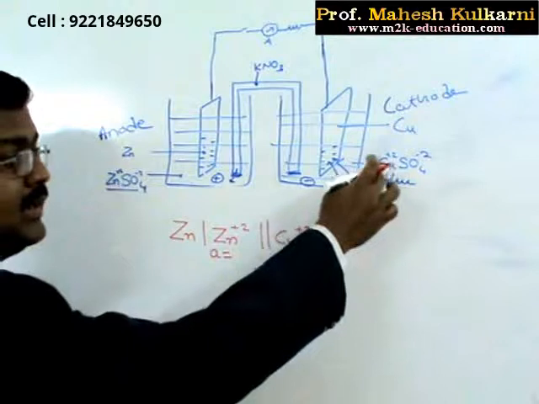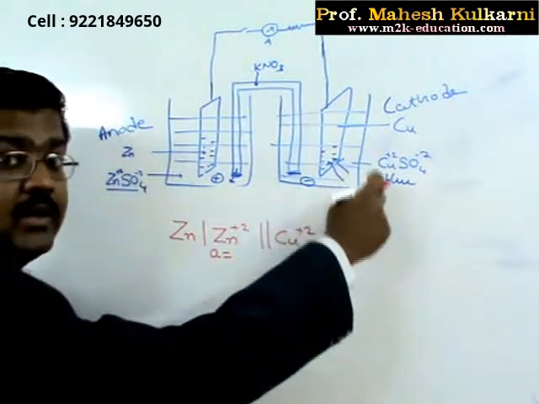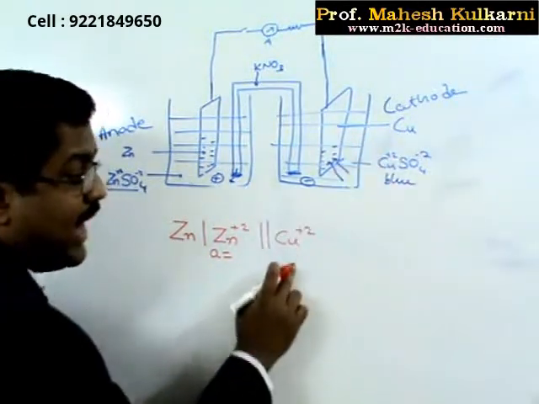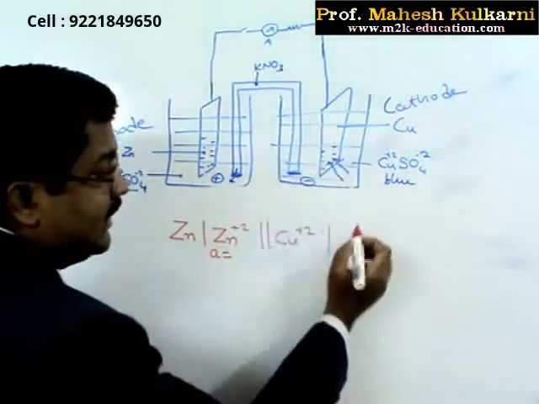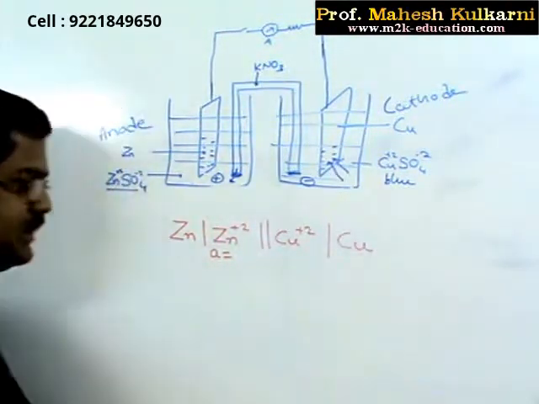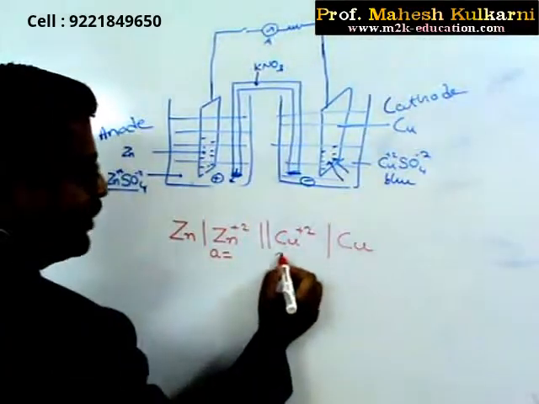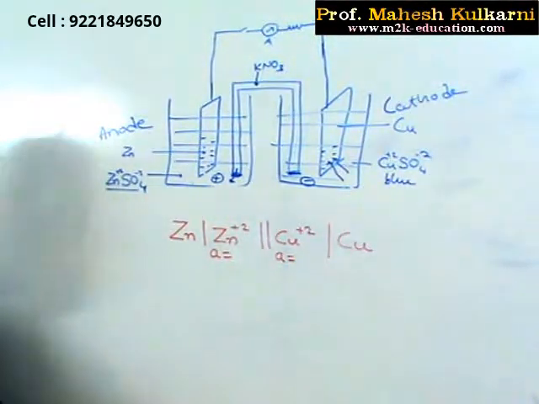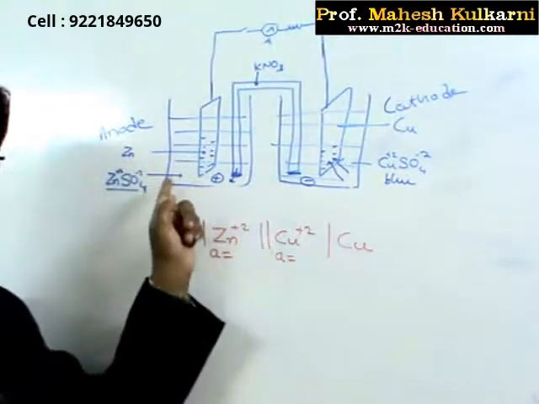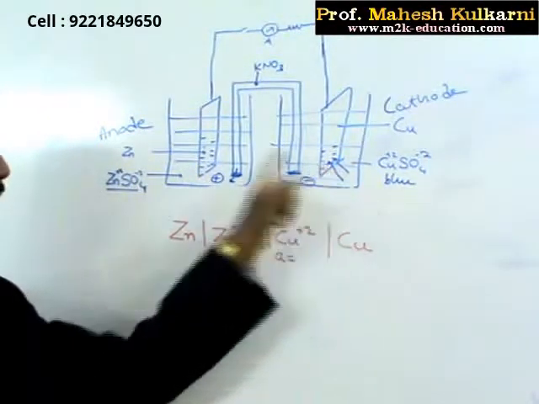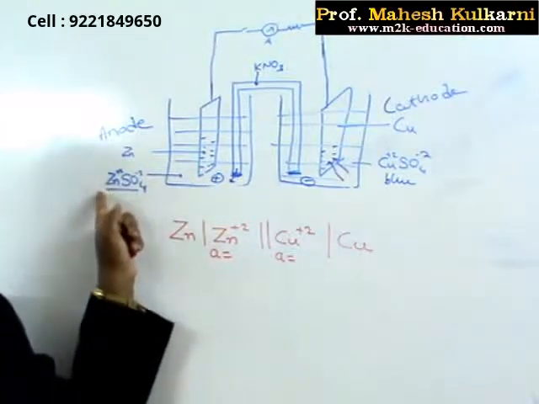I am not concerned whether this is copper nitrate, sulfate, chloride or bromide, only abundant copper ion must be there. Then copper ions are in contact with copper, so I write this. Here again I have to write the concentration, the initial concentration. Then when the cell reaction proceeds, these concentrations are going to change. Copper sulfate concentration decreases, whereas zinc sulfate or zinc nitrate